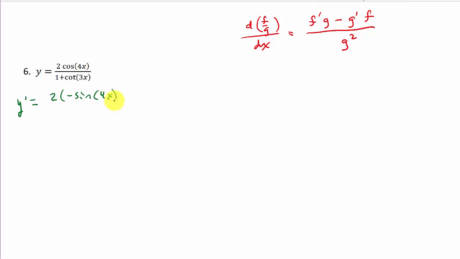If you want to look at a video on the derivative of sine and cosine, check that video out. So the derivative of cosine is negative sine, and then times the derivative of what we're taking the cosine of, so times 4. So this is the derivative of the numerator times the denominator, so times 1 plus